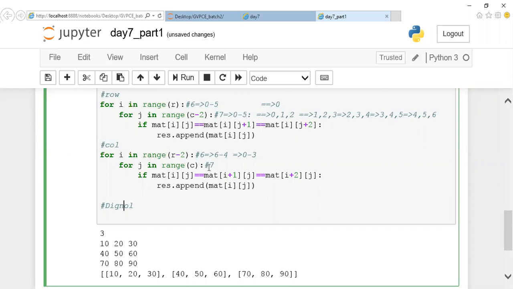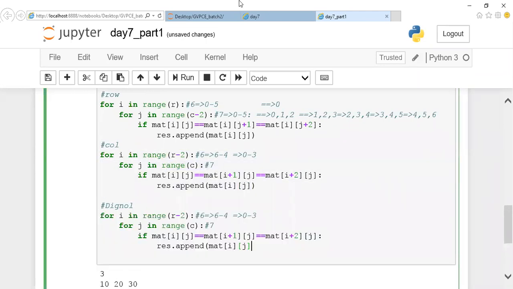So here, when you're writing this, you're supposed to be concerned about your row and column, right? Let me copy paste the entire code instead of typing it. Waste of time, right? So you can notice that your column will also go till column minus 2, and here I'll mention i plus 1, j plus 2, since you're going to have to check the same column. Since you're going to traverse with a row and column, you should be conscious about this, guys. Till where your row should go and till where your column should go.